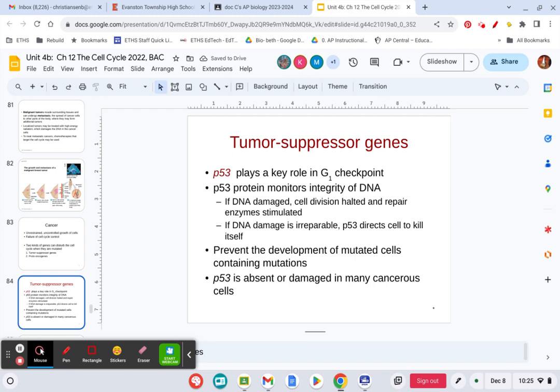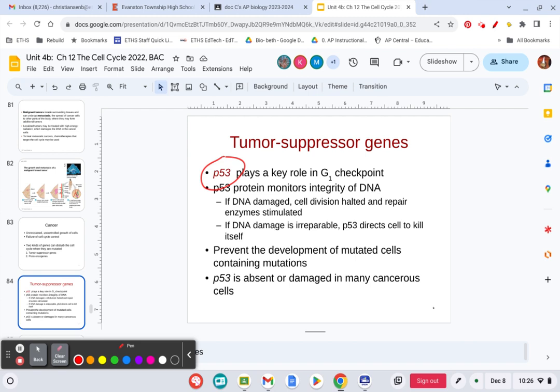So what do you suppose a tumor suppressor gene does? Suppresses tumors, yeah. So one that we're going to highlight here, and we'll later do a lab on this, gel electrophoresis lab, is P53. So P53 is a gene that codes for a protein that is important in looking at the DNA at G1. So what's the cell going to do after G1? Where is it going to go? Into synthesis. Yeah, it's going to go into synthesis. It's going to make more DNA.